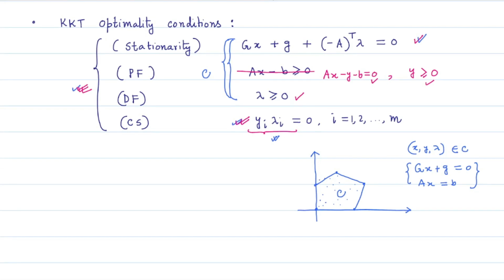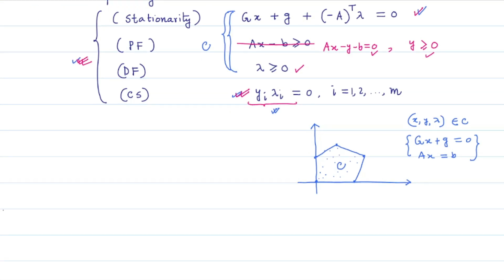Well, after finding this very crude analysis about the complementary slackness condition, let us now look at the problem mathematically. In a concrete mathematical manner, let us now try to solve this KKT system to find a KKT point of the given optimization problem. To find such a point x, y, lambda belonging to C, that also satisfies the complementary slackness condition, we look at this KKT system of equations and inequations, and then we figure out that it is essentially equivalent to finding a root of the equation